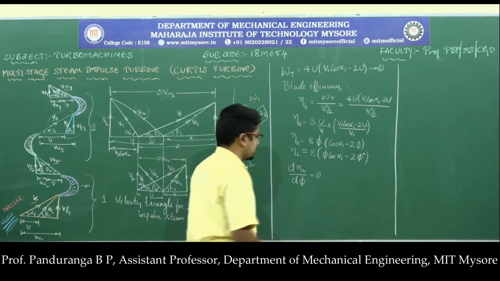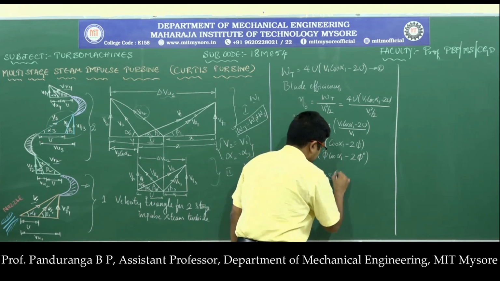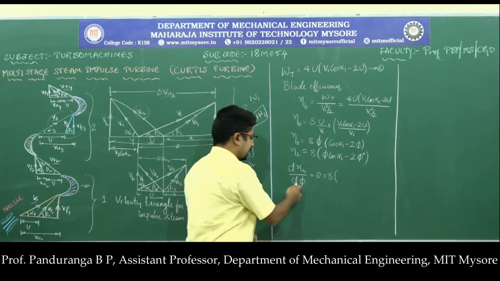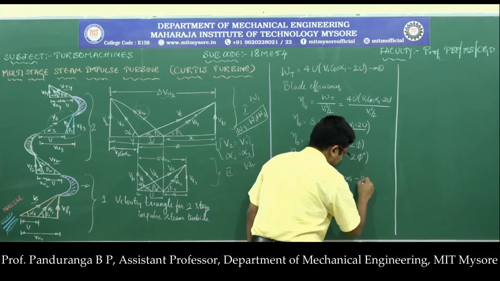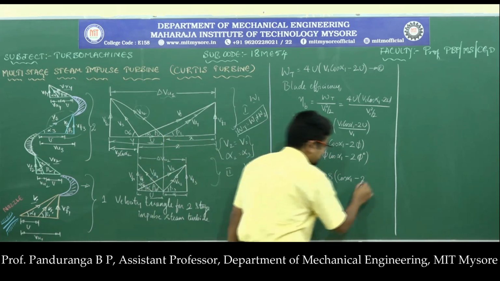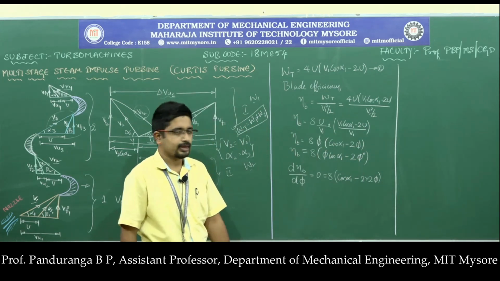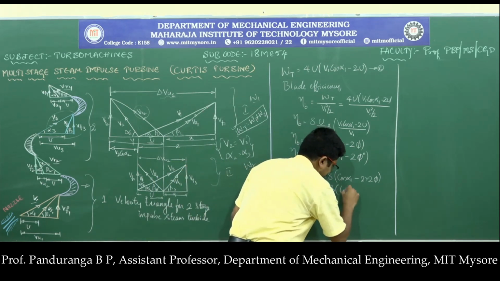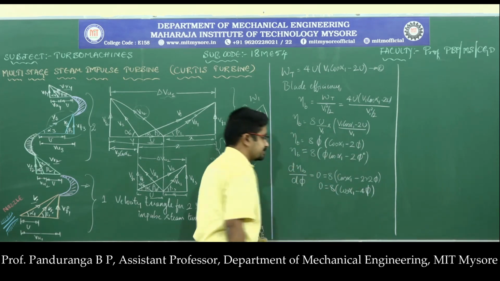So now let us differentiate this. If I differentiate this term with respect to phi, 8 is constant, I will keep it as it is. So phi into cos alpha 1, differentiation of that with respect to phi is cos alpha 1, minus the 2 here, I will write as it is, differentiation of phi square with respect to phi is 2 phi. So we will get 8 into cos alpha 1 minus 4 phi, that should be equal to 0.